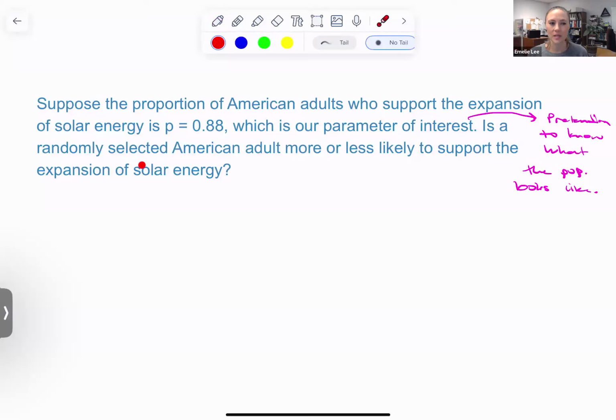Is a randomly selected American adult more or less likely to support the expansion of solar energy? Well, a randomly selected adult, I'm expecting them to be hovering around 0.88. Not exactly 0.88 necessarily, but